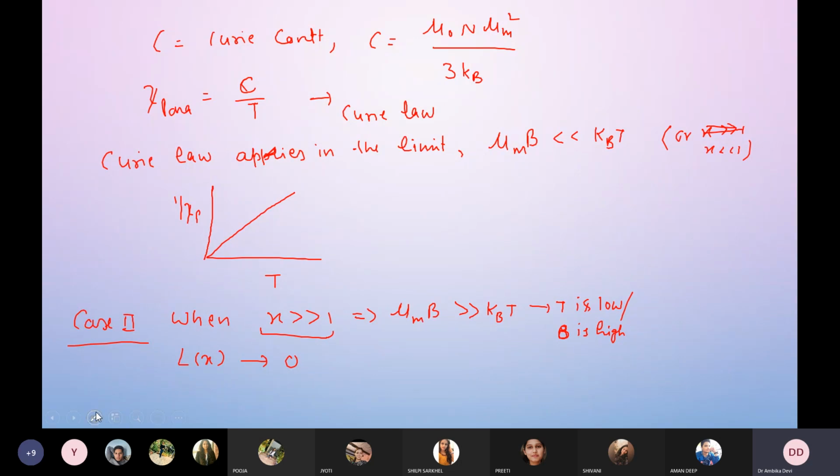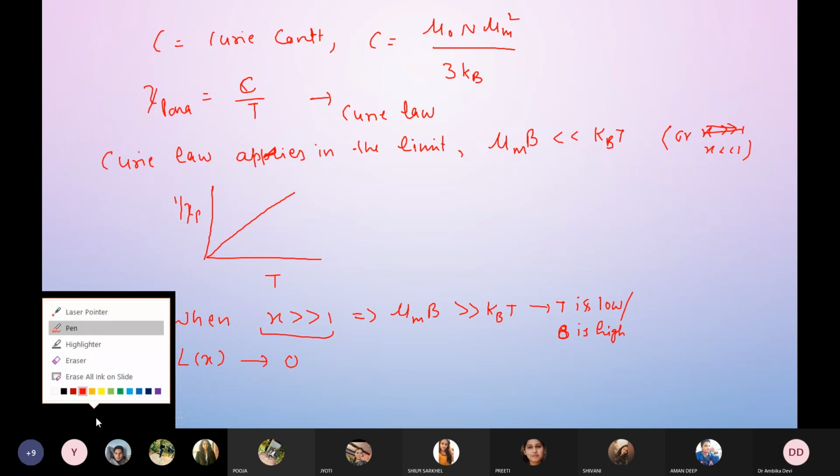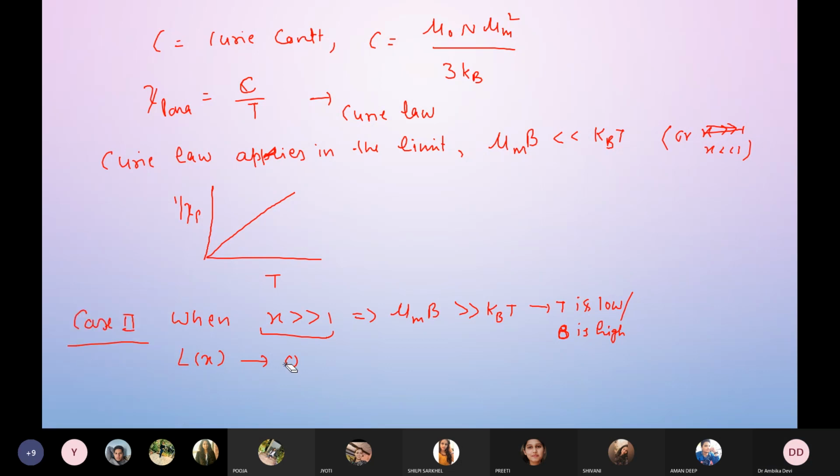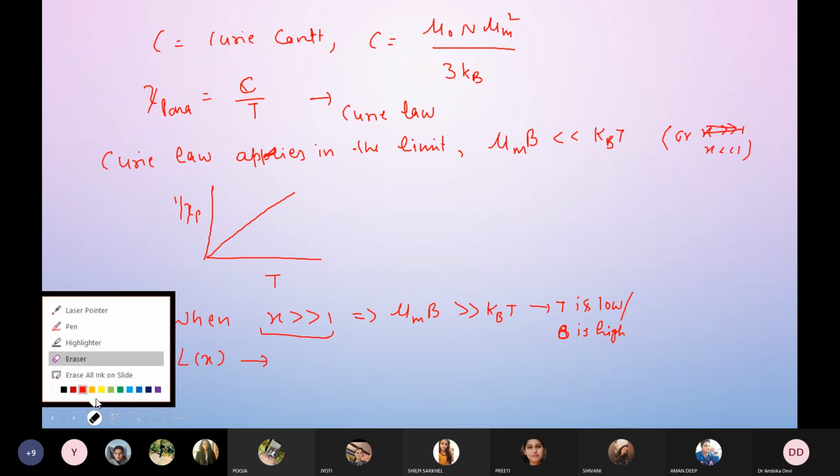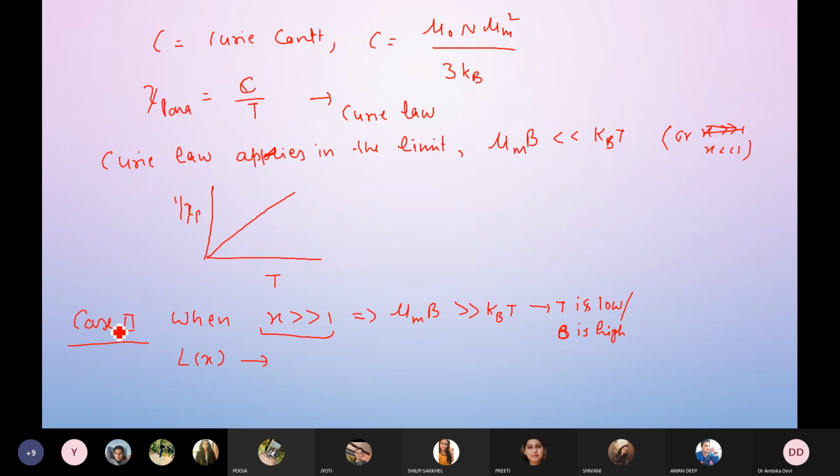So this will be approximately equal to 1 when the temperature will be either low or the magnetic field will be high. Okay. So the magnetization in this case is equal to N mu m L of x, you know that, which is further equal to